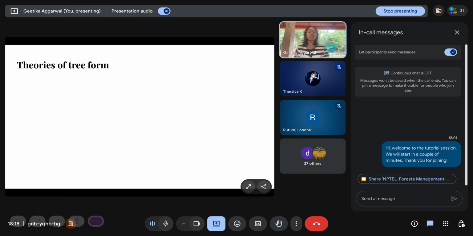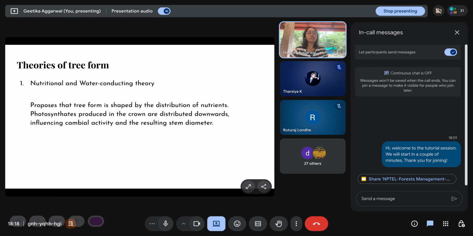Anyone? What are the different theories for how the trees are shaped, or what is the form of a tree? If nobody would like to take a guess, we have one theory which is based on the nutrition and water